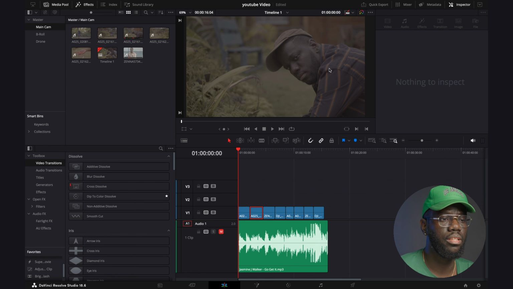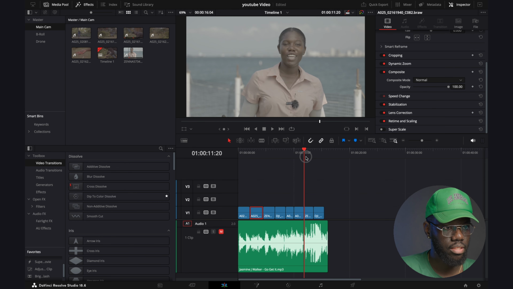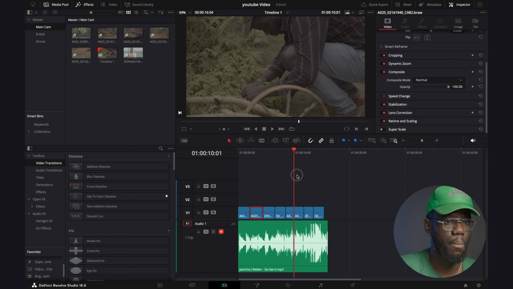Next, we have your timeline window. This is what you have on your timeline currently. So whatever your sequence is, this is the window you see it in. All right,